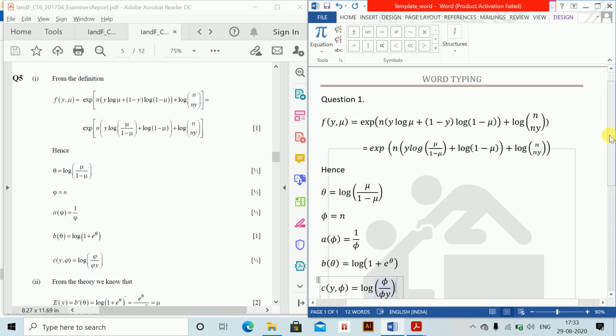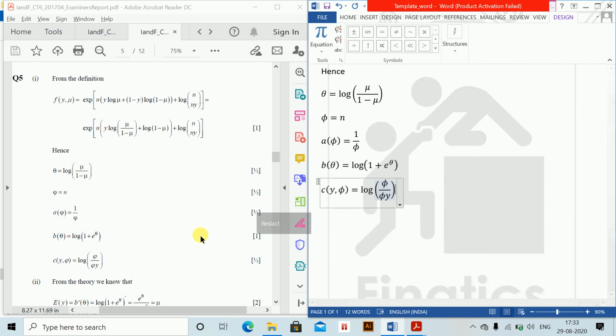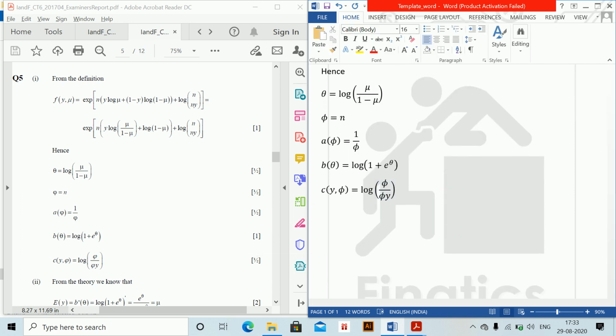So these are the values we have. So this proves the exponential family, and in part 2 we need to calculate expectation of y